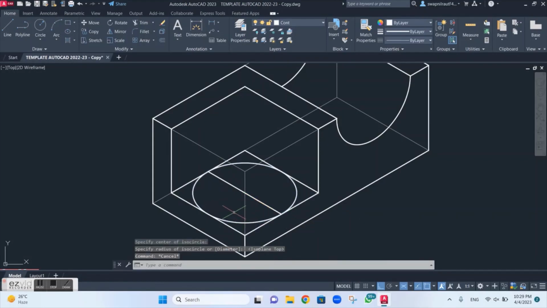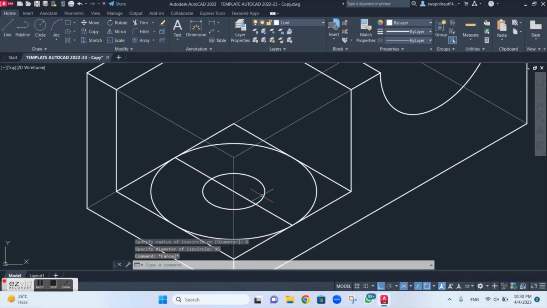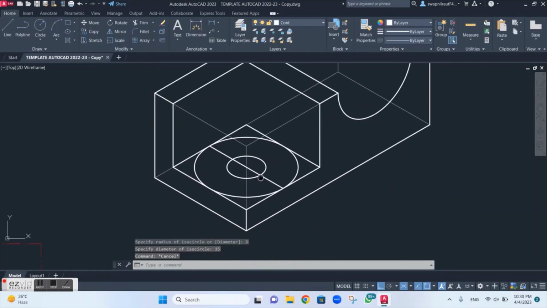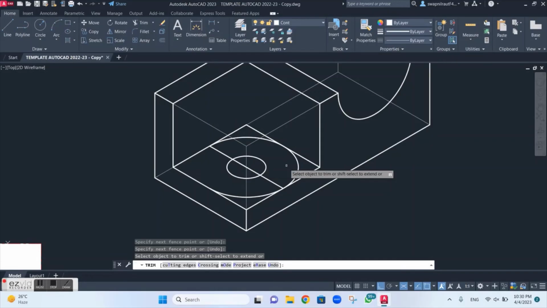Okay, so once this is done, again I will draw, the circle is also there, so again I'll use EL, enter, I, enter, I'll select the midpoint, and my diameter is 15, so I'll click on D, enter, and 15. Okay, so now I've drawn this. So now whatever is the unwanted part, I will trim it. So TR, enter, enter. So I will trim this portion,